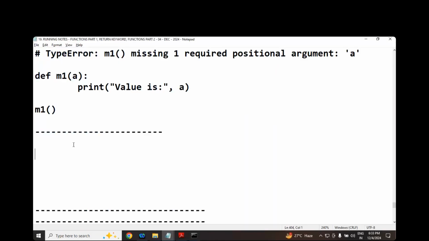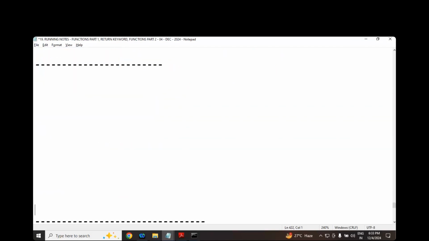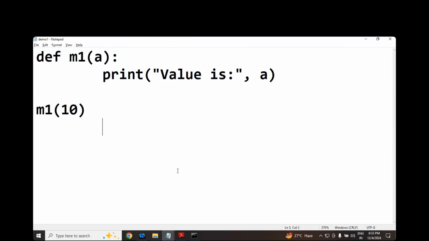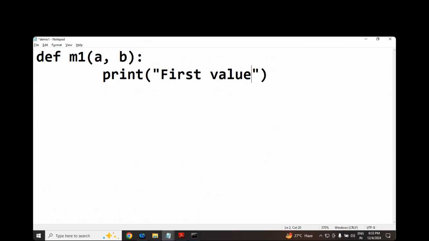Next example, try to understand. Very easy. But be strong in the subject; fundamentals are important. a comma b. Let us try to print. I would like to say first value is comma a, and the next one, second value is